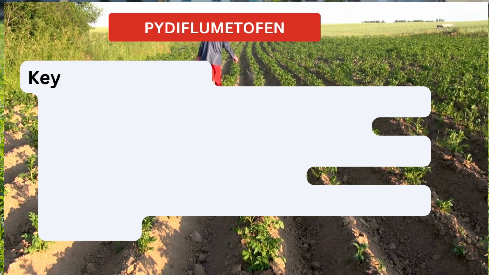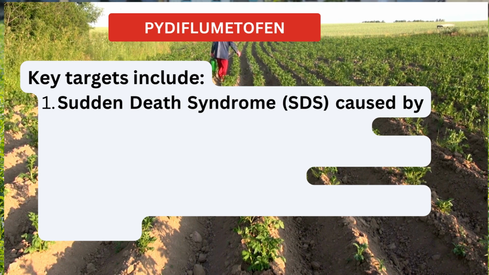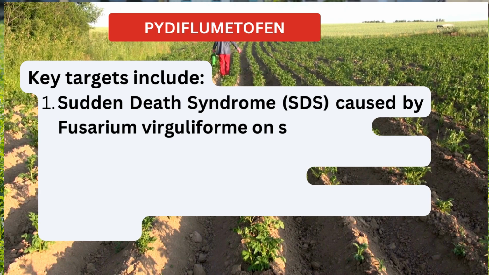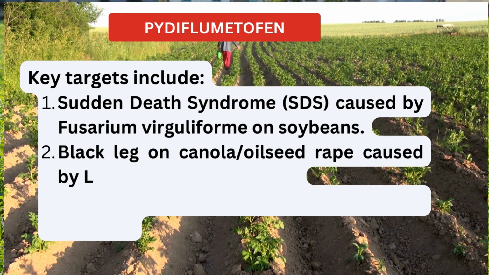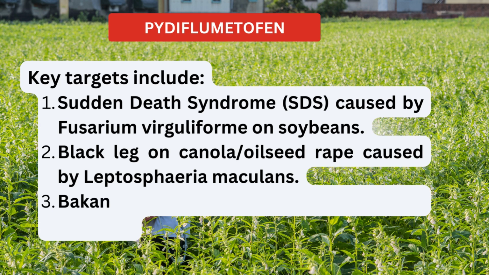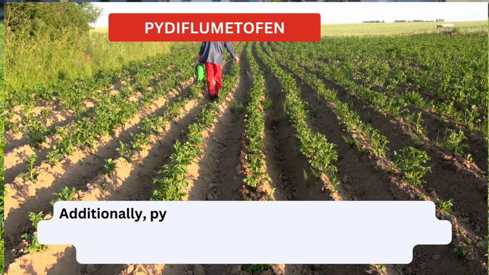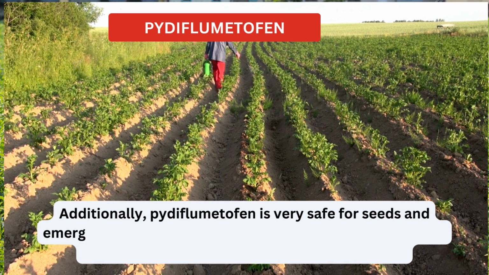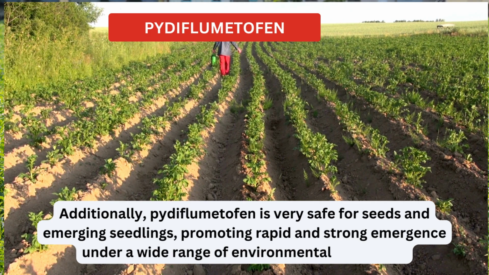Key targets include sudden death syndrome, SDS, caused by Fusarium virguliforme on soybeans, blackleg on canola, oilseed rape, caused by Leptosphaeria maculans, Bakanae on rice, caused by Gibberella fujikuroii. Additionally, Pydiflumetofen is very safe for seeds and emerging seedlings, promoting rapid and strong emergence under a wide range of